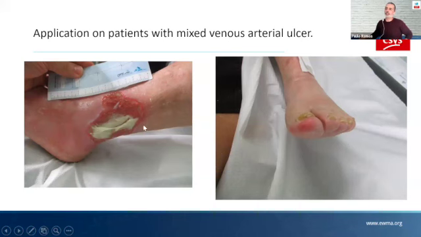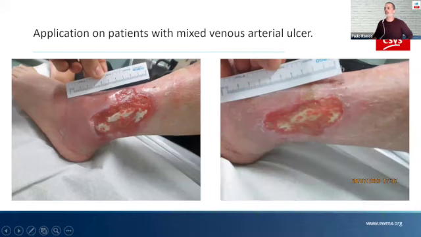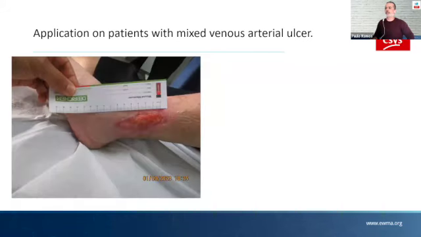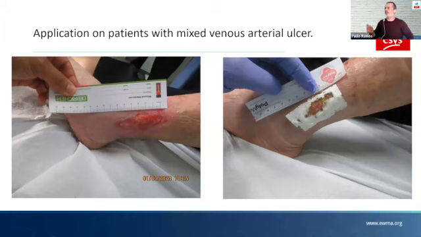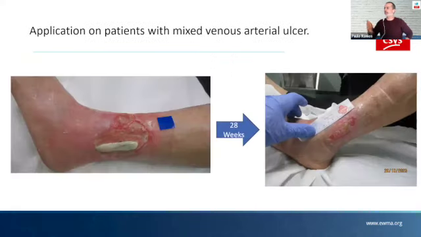Here we can see the evolution, it's improving. This takes a lot of time. The exposed tendon is now covered by granular tissue, and this was a picture before. We have here a very good result, and this picture is from today. This patient is now at the end stage of the treatment, so in 28 weeks, it's a very long time. But the patient is 89 years old, with anemia, a very fragile patient with very impaired mobility too. So I think it's a good result, and the pain decreased,